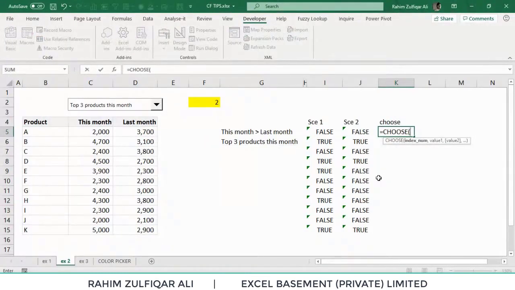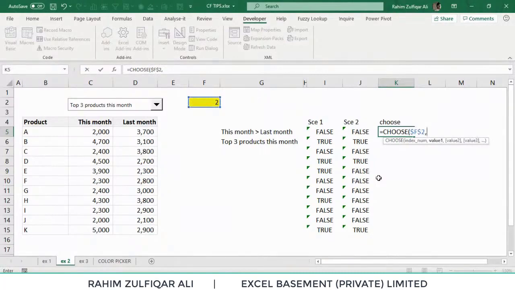If you have used the CHOOSE function previously, you will get it very easily. In the CHOOSE function, first you need to define the index number, which is always a positive number. The helper cell used for the combo box, I will take as the index number and make it absolute by pressing the F4 key.